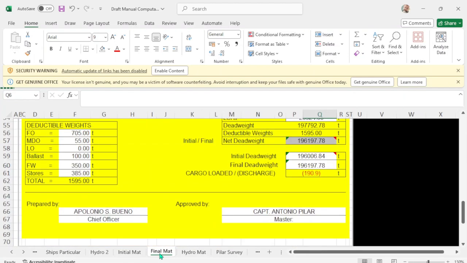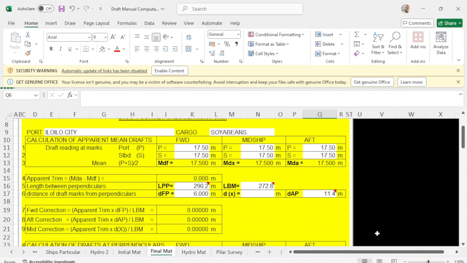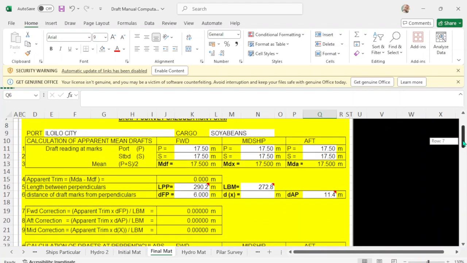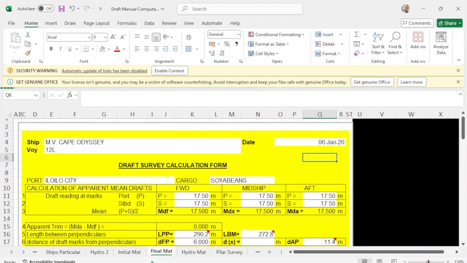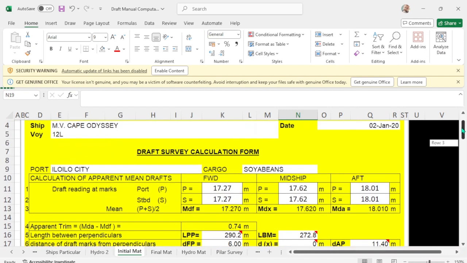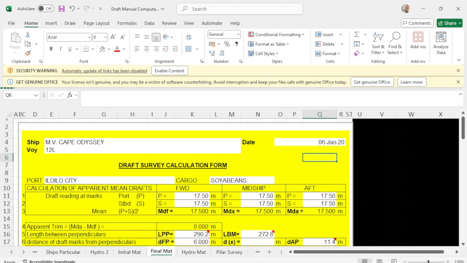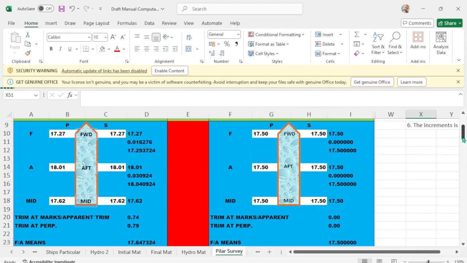And manually, with your initial and final, the sad thing is only that you have to do it one by one. You fill up the initial first, initial draft, and another for final draft. Okay? But what I have is all together.